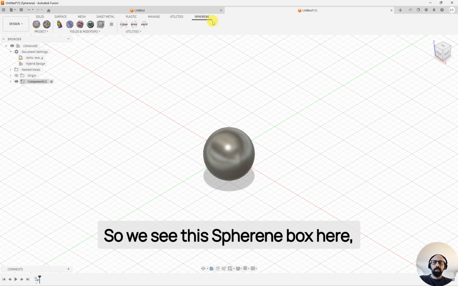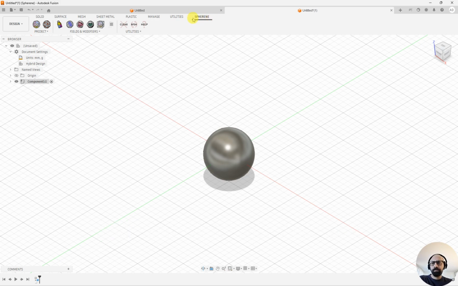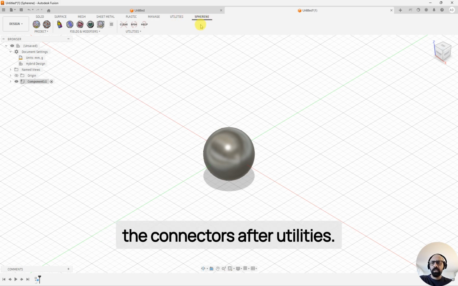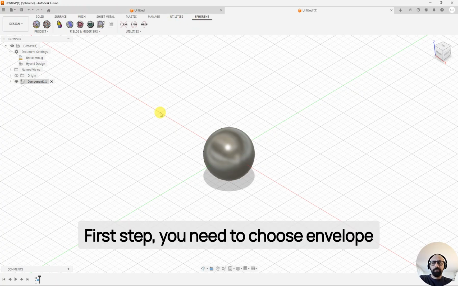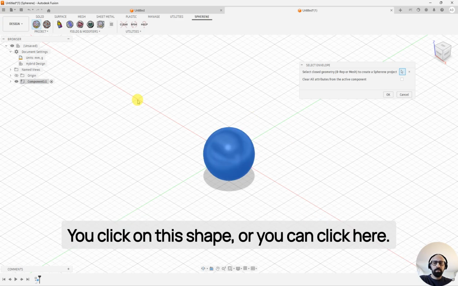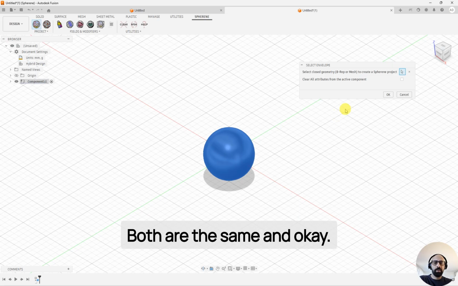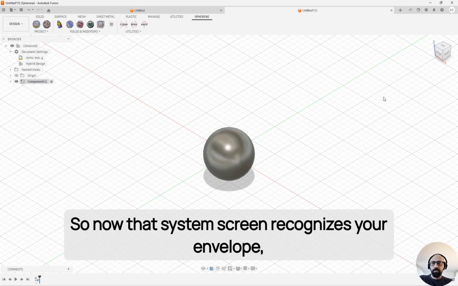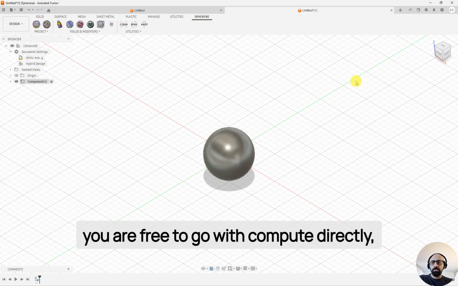So we see the Spherene box here, the connectors after utilities. First step, you need to choose envelope and choose the place that you want to have your ADMS in. You click on this shape, or you can click here, both are the same, and okay. So now that the system Spherene recognizes your envelope, you are free to go with compute directly, or you can go